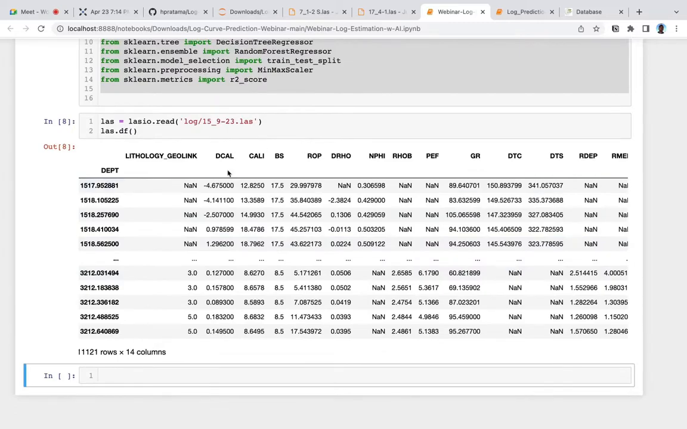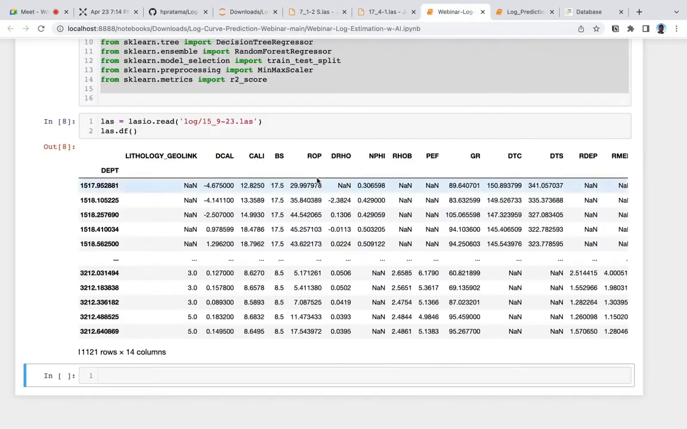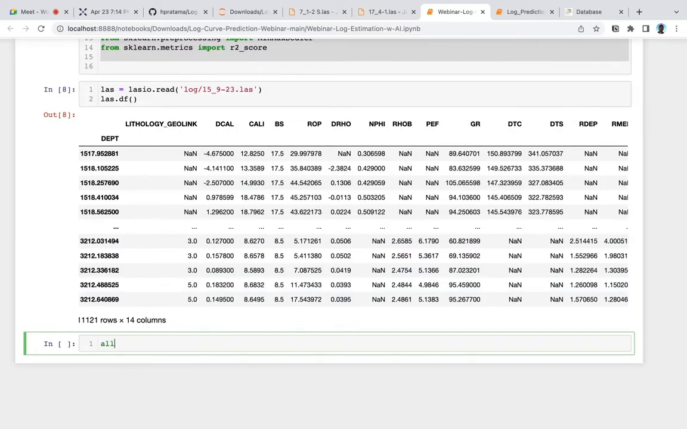But the problem is it is only one well-log data, so we want to load all this well-log data into a single data frame to train and test our model. So what we can do is use this all_measurement. We want to save all the data frames for all the logs into this all_measurement, so we define a blank array in here,